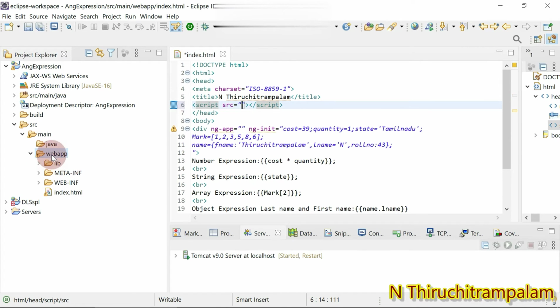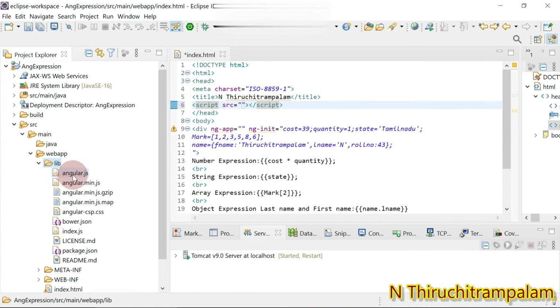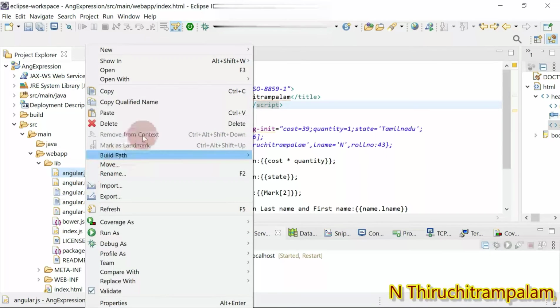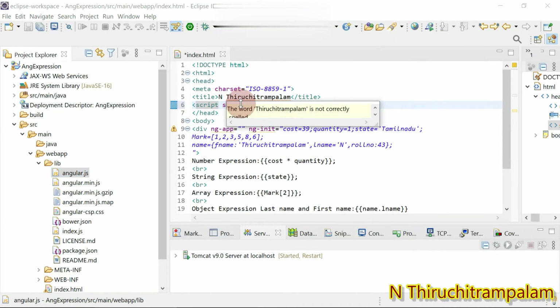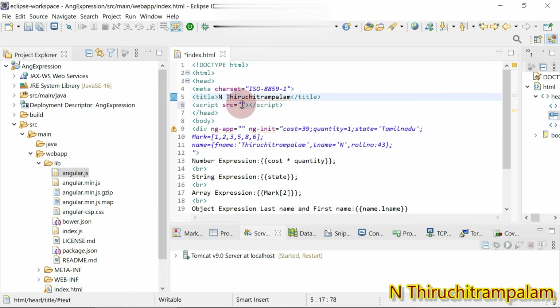Go to the web app and click the lib folder, where you can find angular.js. Right click on it, select copy qualified name, and paste it. We don't need the complete path; it is enough to start with lib and then /angular.js, the file name. So now the angular.js file is linked to the HTML.